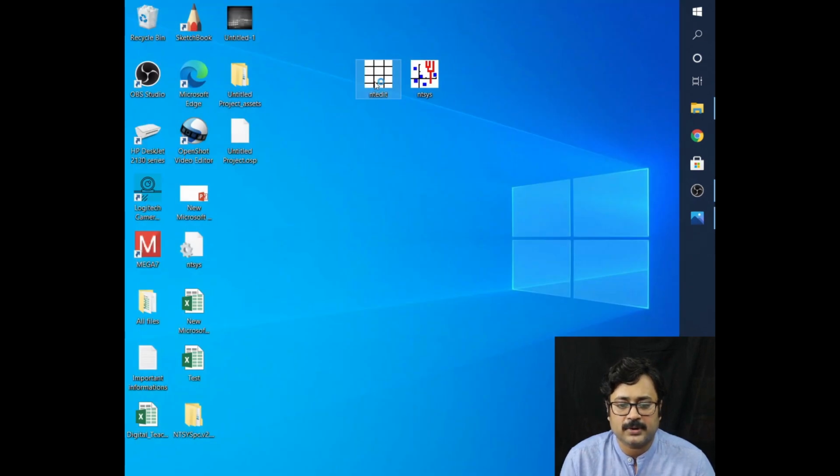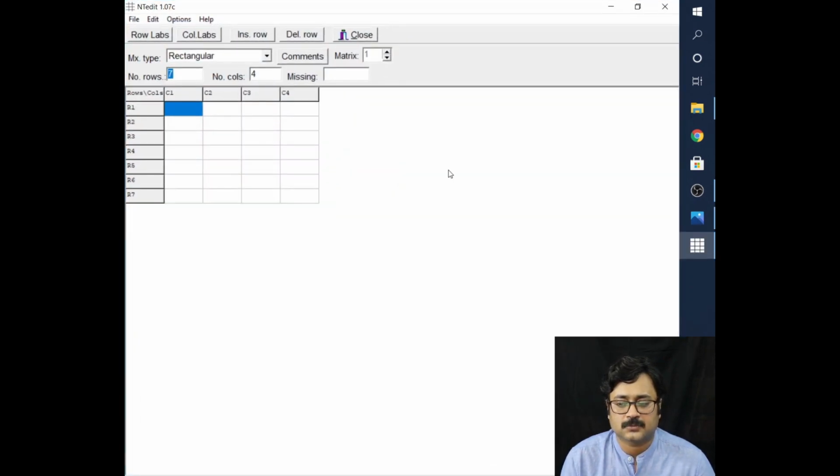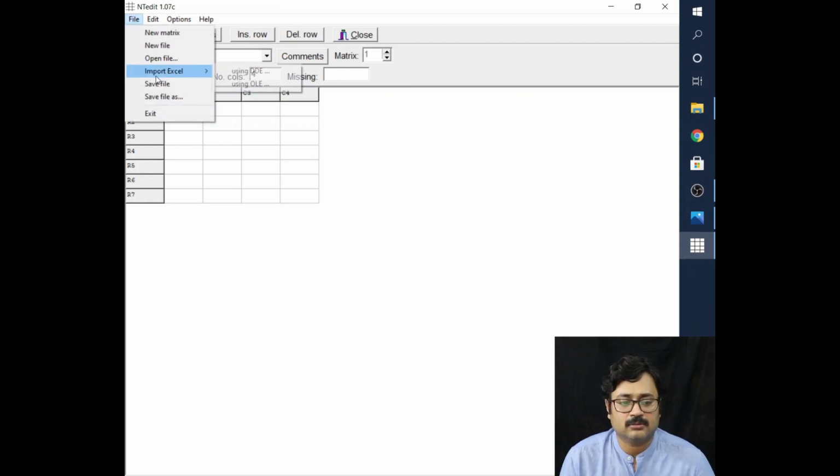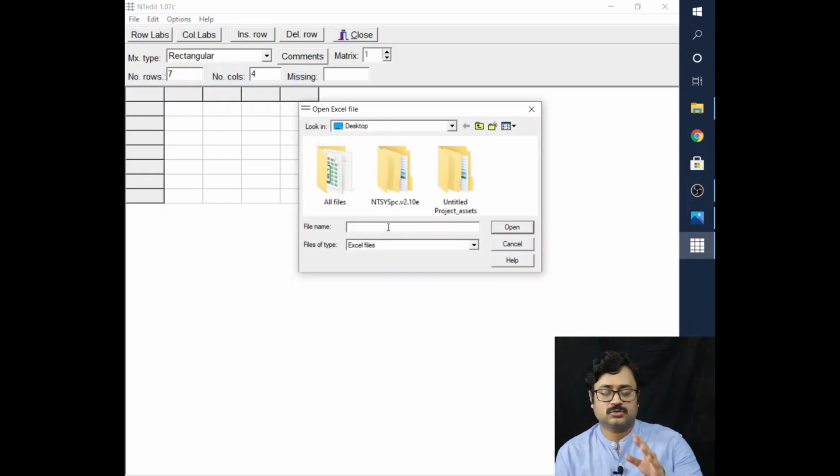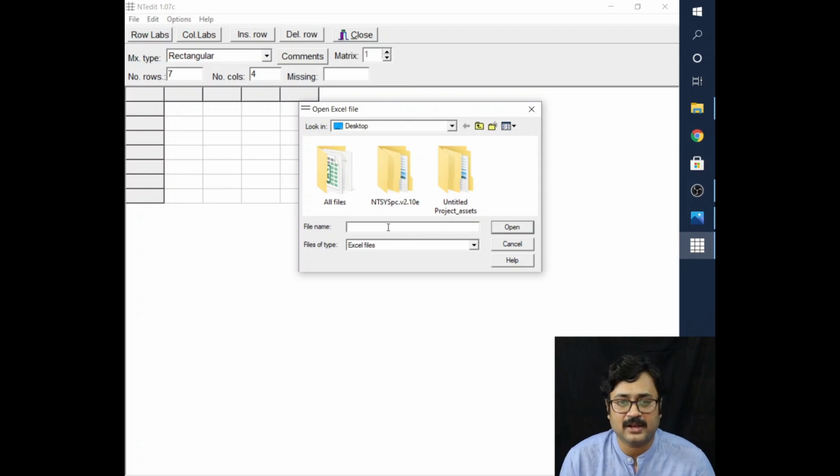Now I will be opening this NT-edit. Okay, so in this NT-edit, you will go to file, then we will go to import export Excel using OLE. Now we have to show it which particular file, wherever that is present in your system. You don't have to write the whole name of the file.